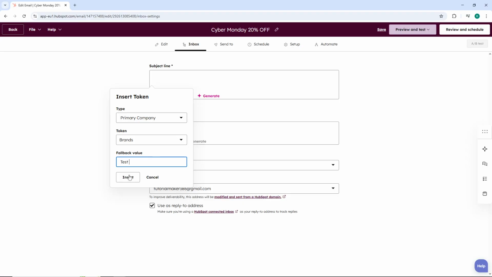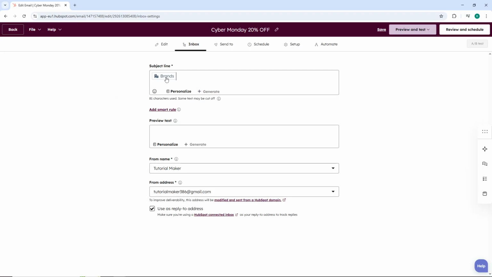Once you've added your personalization token, review your subject line to ensure it reads naturally. When you're satisfied with everything, click Save or Review and Send to finalize your